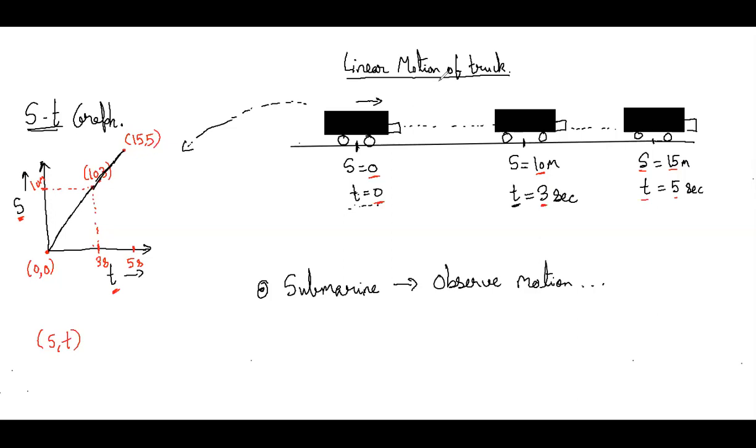Sir, we can see its motion when it's on the surface of the sea, but we cannot see it when it is under. Yeah, so to observe the motion of a submarine is quite difficult because it moves underwater. It is very difficult to see where the submarine is, at what time, how much distance it has covered, what direction it is moving. All these things are variable. We cannot see and understand. It's very difficult to see with our eyes.